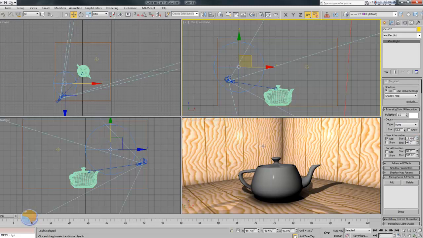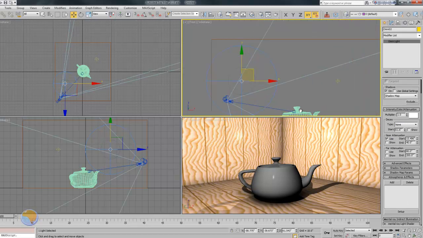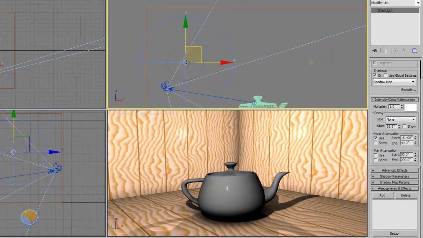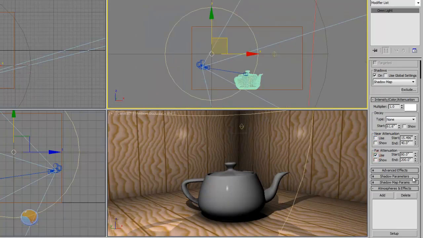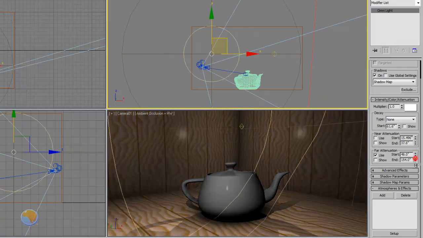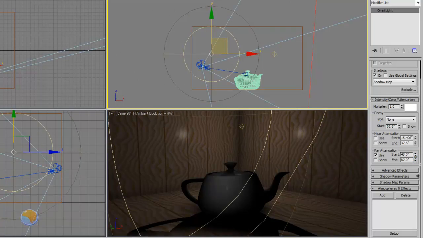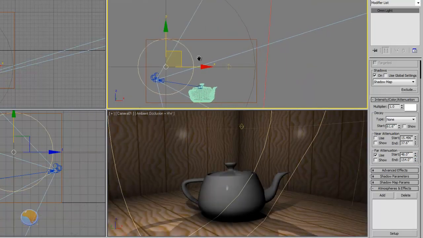Okay, let me turn this grid off. So again, with near attenuation, you get no light here, then light, and then light falls off again, so you get this sort of a halo effect. Far attenuation is usually what we use for attenuating lights. You have a start value and an end value, just like with the near attenuation. As you can see,